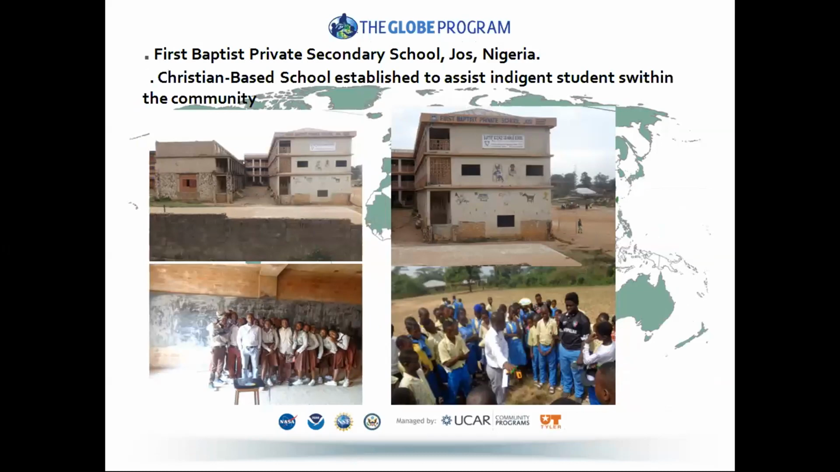And this is a picture showing First Baptist Secondary School, Jos. I think I need to add at this junction that First Baptist Secondary School is a Christian-based school established to assist indigent students within the community. So basically, the school was established to provide educational resources for less privileged students within the Jos metropolis. And as you can see from the slide,